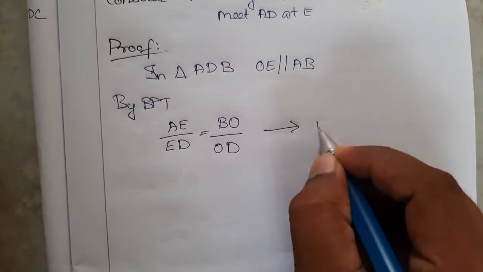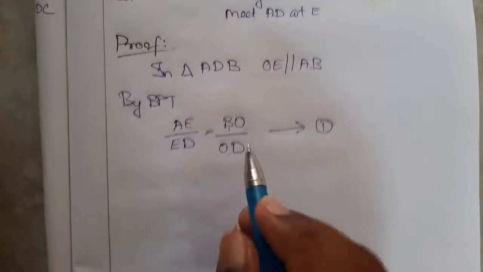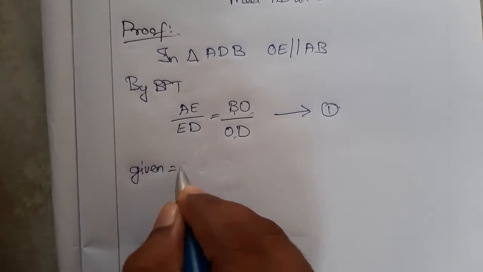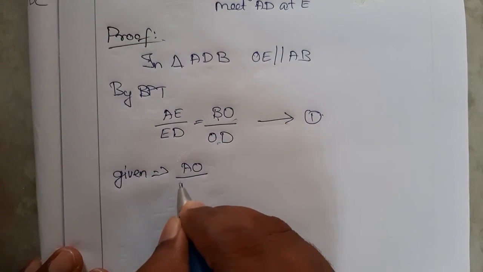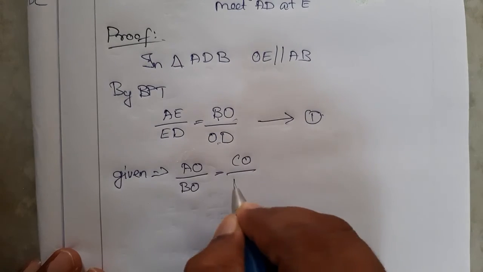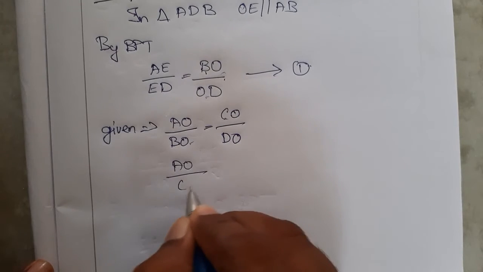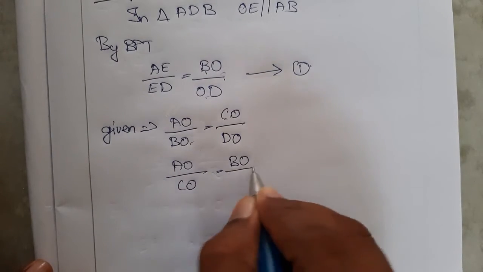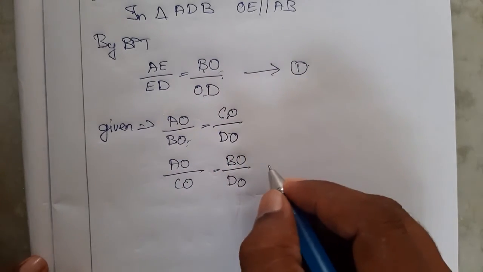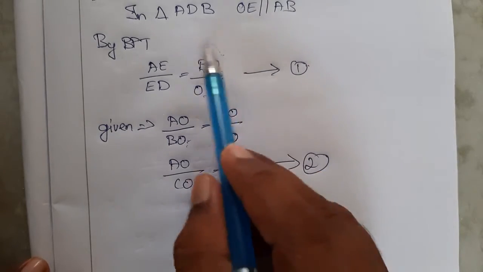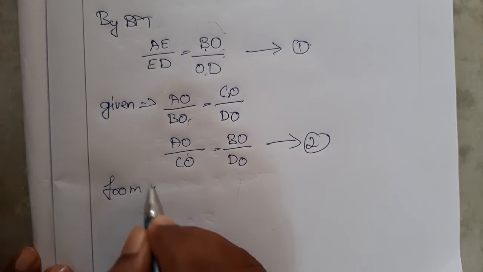So let me consider it as equation 1, and BO and OD we can compare with the given, right? So given is AO by BO is equal to CO by DO. Just this we can interchange and write so that it will be equal: AO by CO is equal to BO by DO. Numerator comes to denominator, and denominator comes to numerator when we change sides. So let me take it as equation 2. Then you can see the RHS are equal, so the LHS will be equal, right? So from 1 and 2,